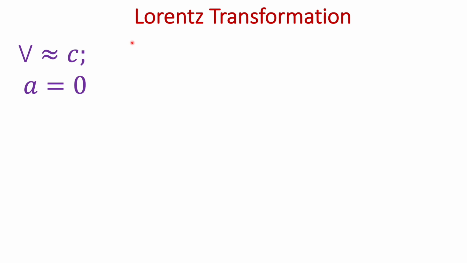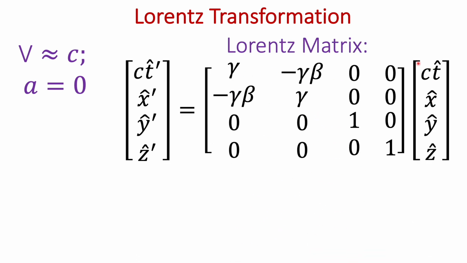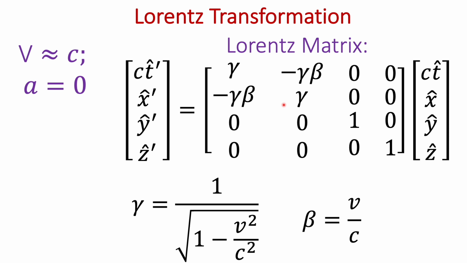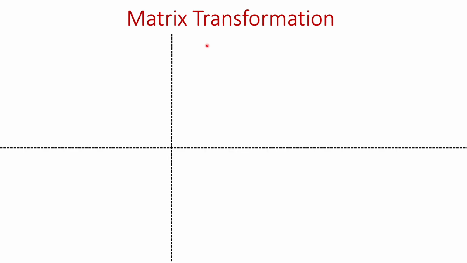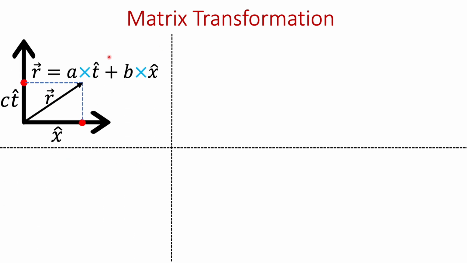And the 4 vector from the rest frame can be transformed to the moving frame using the Lorentz matrix, where gamma is 1 over under root 1 minus v square upon c square and beta is equal to v over c. Now let's understand this more in detail by using the same example of a vector that we used in